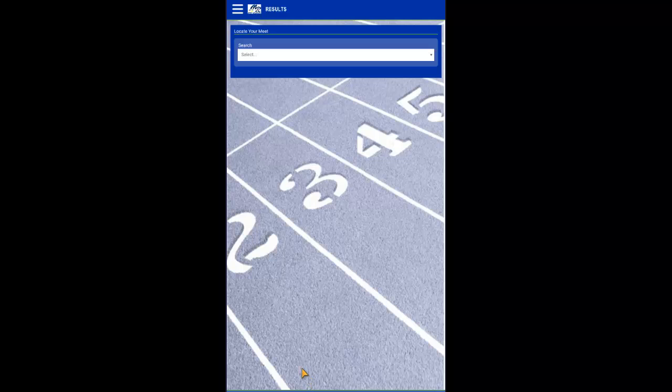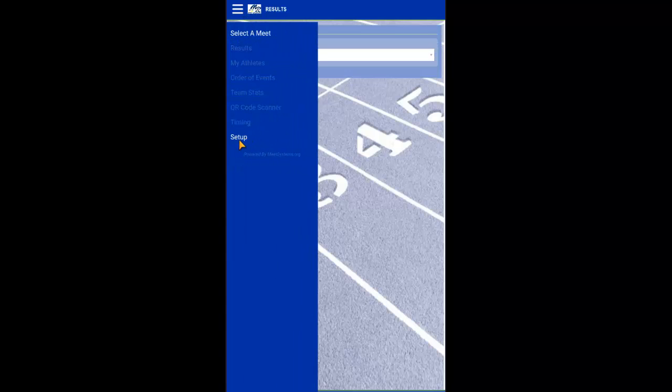Hello, timers. We're going to be doing a brief demo on Meet Systems Track Meet Results app on how to set the app up so that you can use it for your track events. First thing you want to do is go here and come to Setup